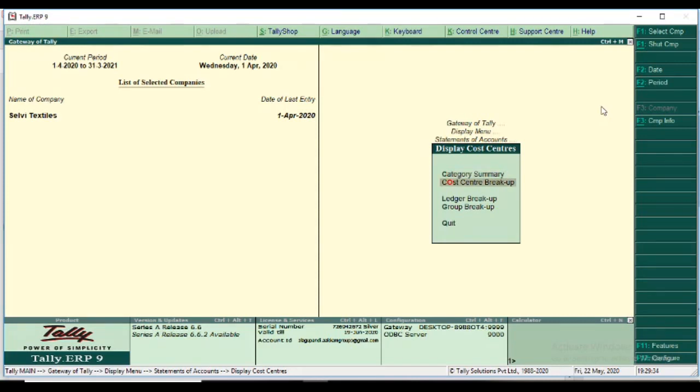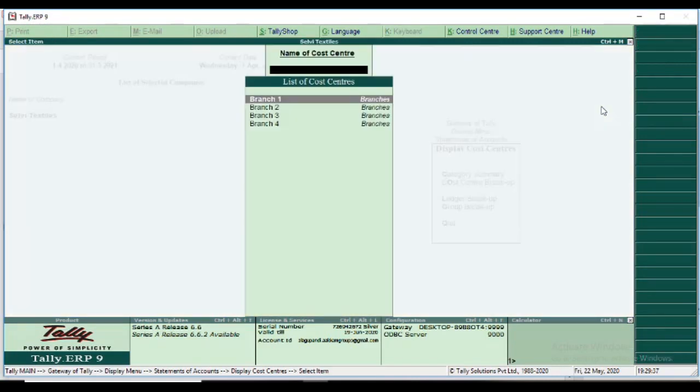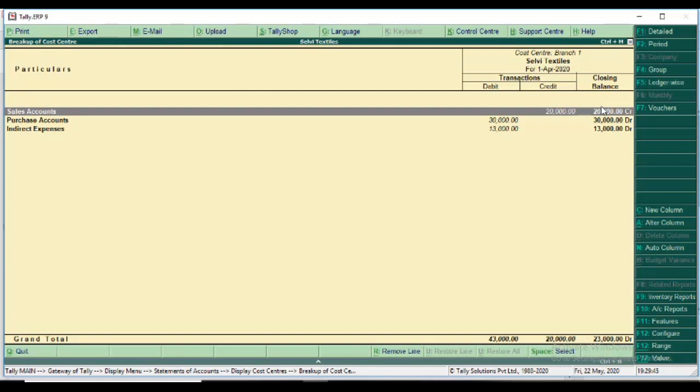The report is cost centre breakup. Any cost centre you select, only its trial balance comes. You select F1 detailed.